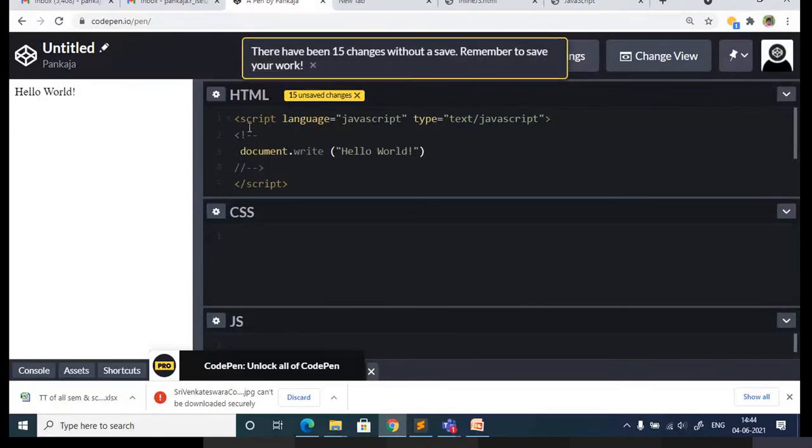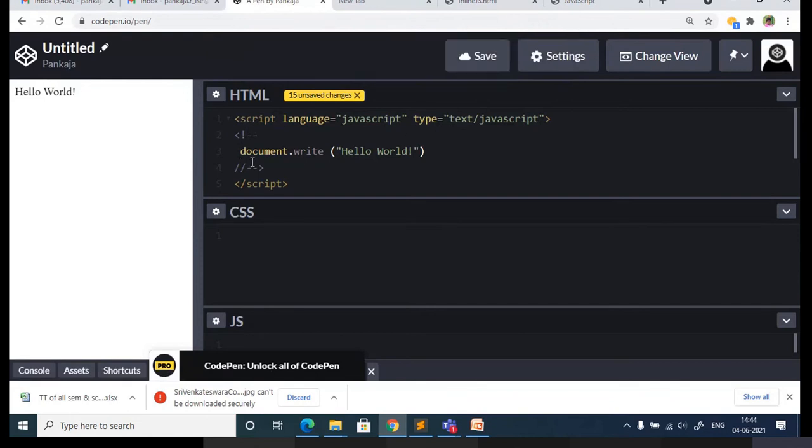Within the script tag, if I want to write anything on the web page, I use document.write followed by the string within double quotes. Whatever you write within the double quotes, you get on the web page.